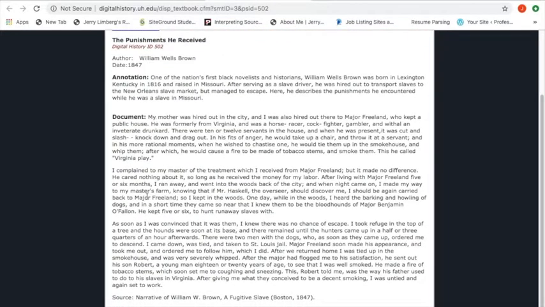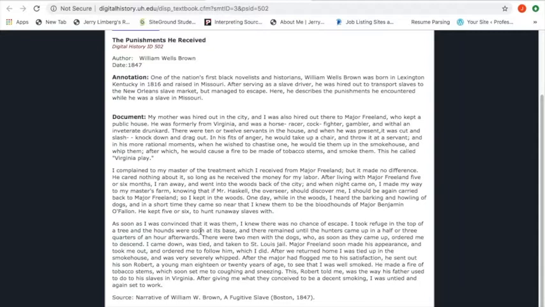And I will skip down here to the middle of the document. It says, "I complained to my master of the treatment which I received from Major Freeland, but it made no difference. He cared nothing about it, so long as he received the money for my labor. After living with Major Freeland 5 or 6 months, I ran away and went into the woods back of the city, and when night came on, I made my way to my master's farm, knowing that if Mr. Haskell, the overseer, should discover me, I should be again carried back to Major Freeland, so I kept in the